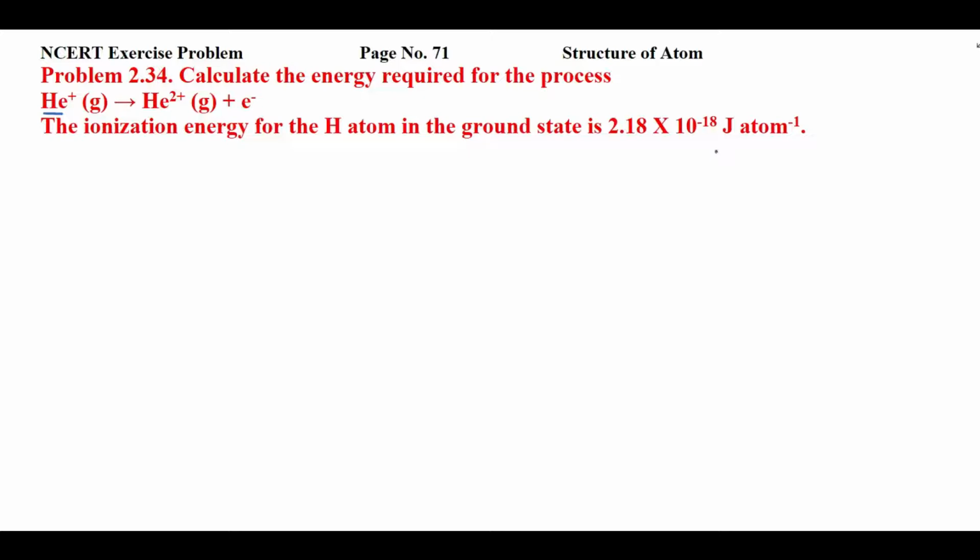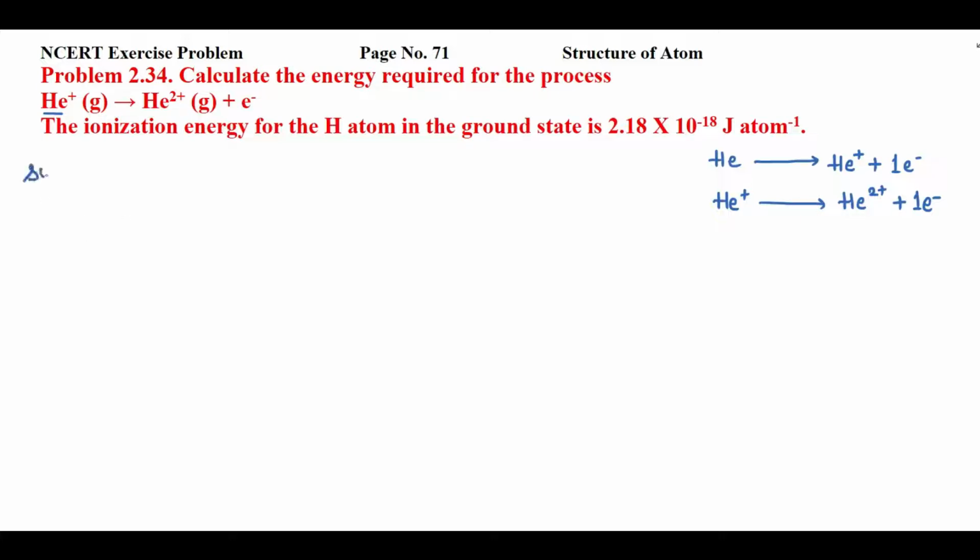As we know that helium carries 2 electrons, right? So if I eject 1 electron from helium, it will be He⁺. 1 electron is left in this helium positive. Now the next target is to remove the 1 electron that is left over here, right? So He²⁺ plus 1 electron. That means how much energy is required to remove an electron from this helium positive ion completely, right?